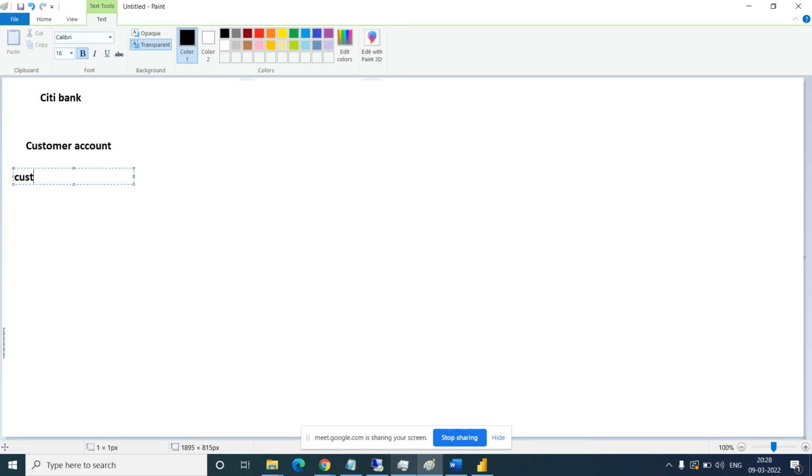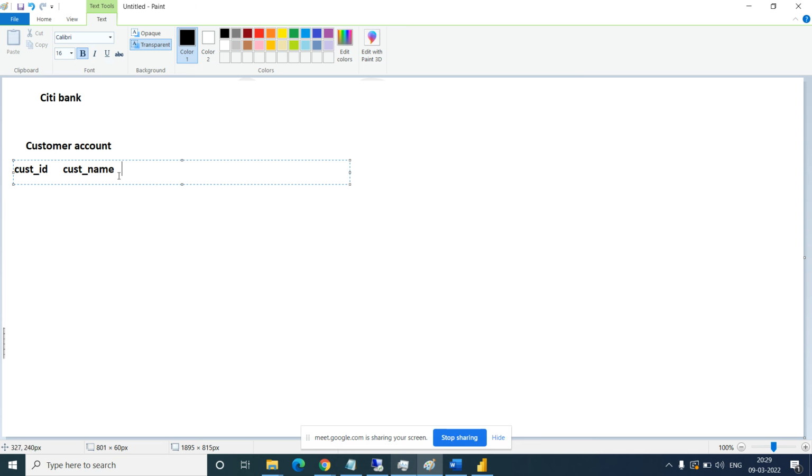Customer ID, customer name. We are creating two tables: a customer table and a bank account table.